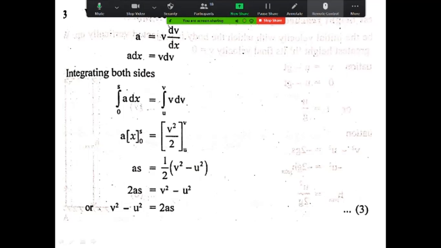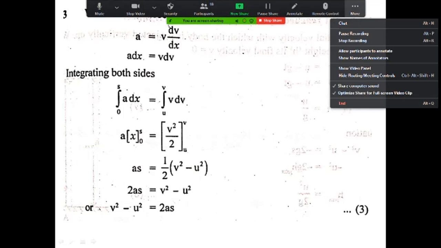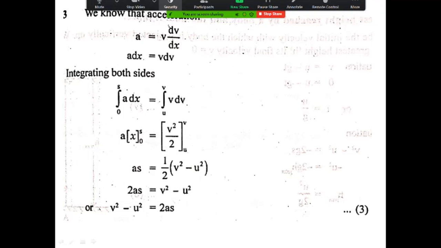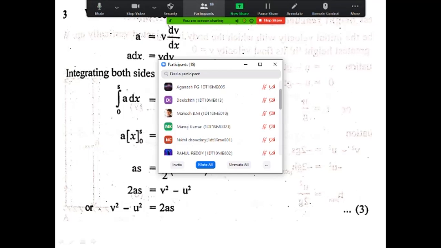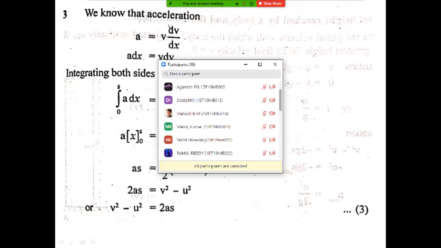This third equation also you have to remember. This is very, very important. Now we saw the equation for final velocity, v is equal to u plus at. Then distance s is equal to ut plus half a t square. Then for uniform acceleration, v square minus u square is equal to 2as. Is it clear up to here? Yes, these are the derivations. These three derivations, they will appear. This chapter is a very, very simple chapter. You will get a direct question.